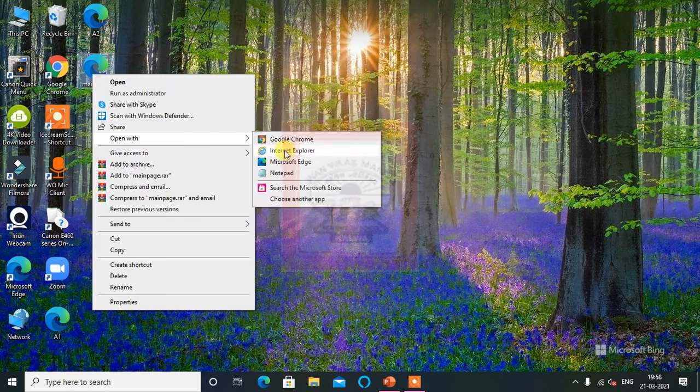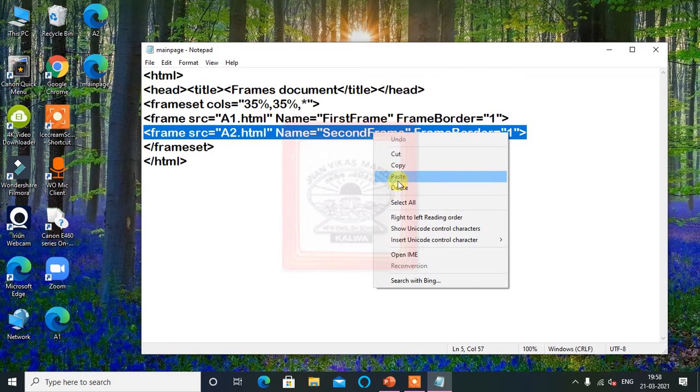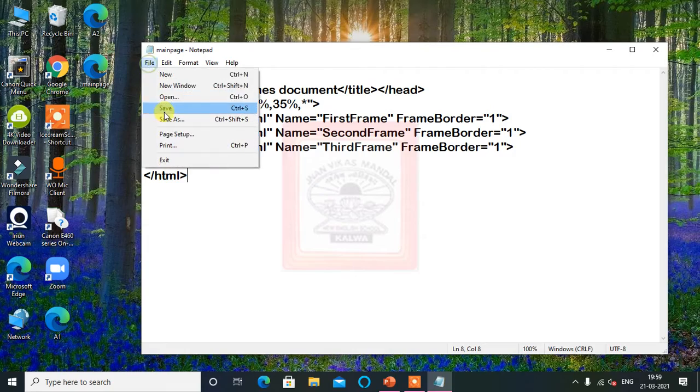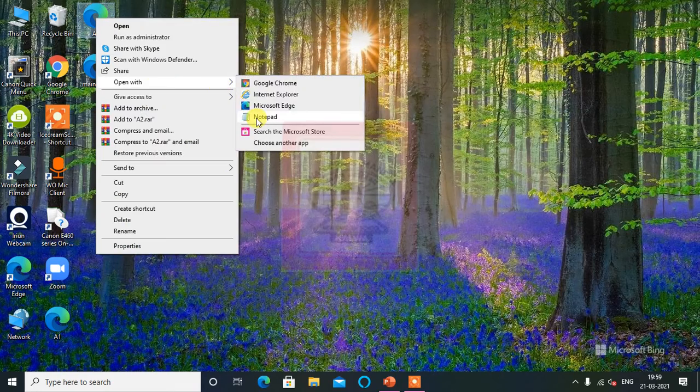So for that we have to define the frame 35%, 35%, and here one more frame I will define. Copy, I will use it and paste. I will make it as A3. It will be the third frame. So we will require one more web page. So let's copy from here whatever the